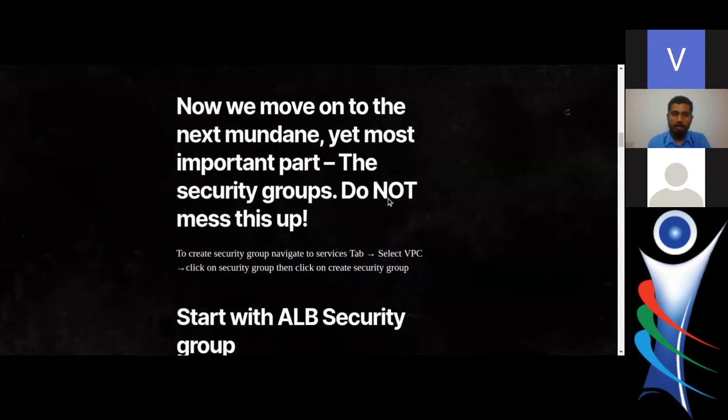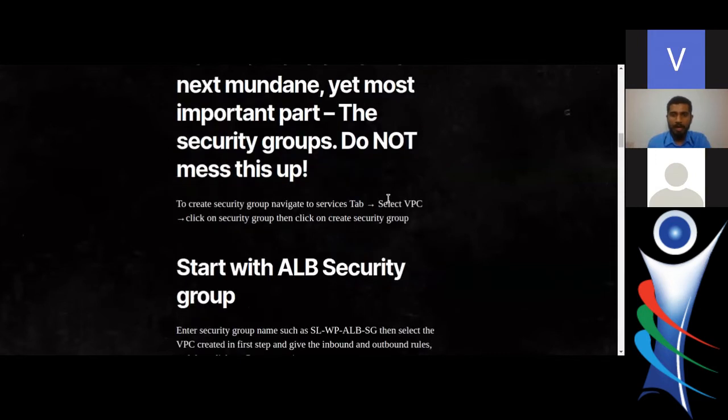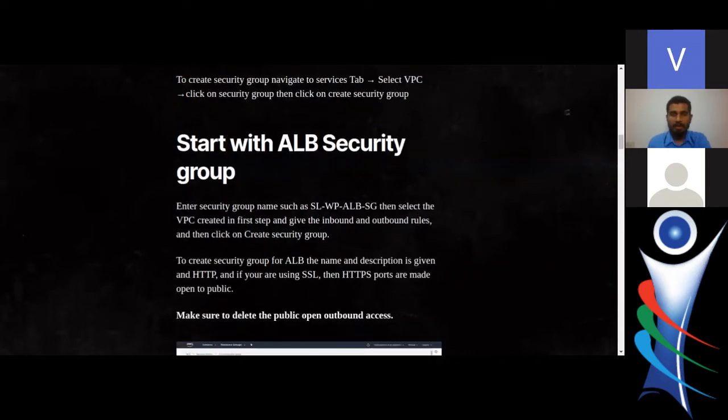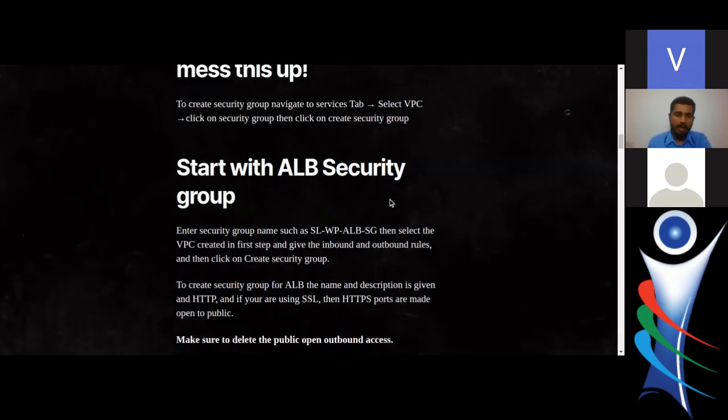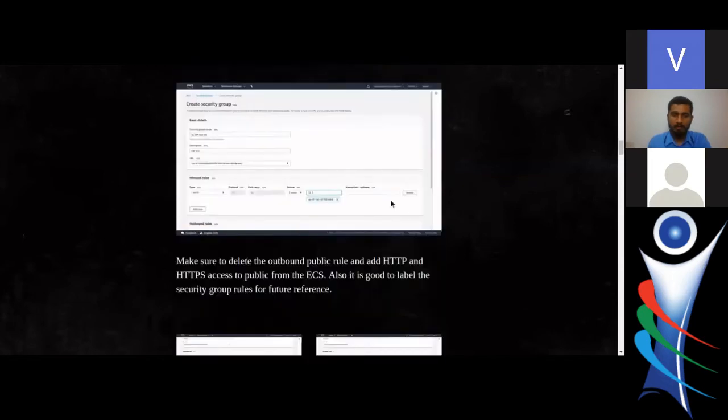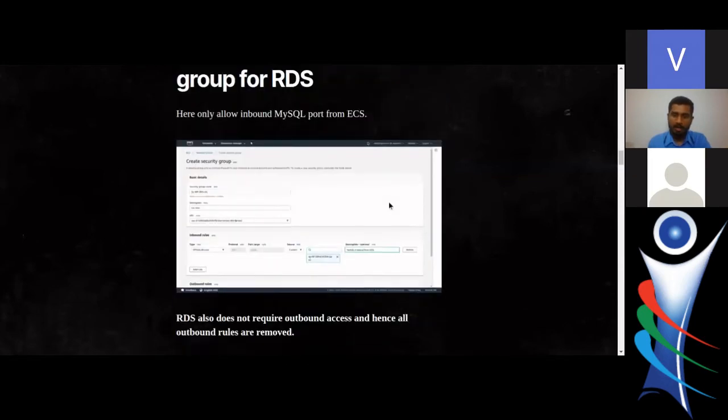And then now we move on to the next. This is a mundane task, but it is really important, since the security group is like the firewall of your application. So make sure you always take specific care not to open unwanted ports or anything else that you don't want exposed to the public. And if at all possible, always restrict your access. This is less applicable for a serverless environment, since Docker containers always have a specific range of ports, but still, this is important. And then you have to set up your security groups for the ALB, then for your ECS, EFS, and RDS.